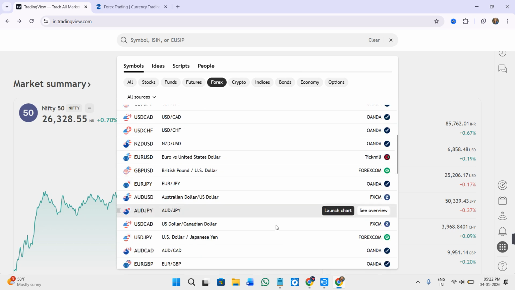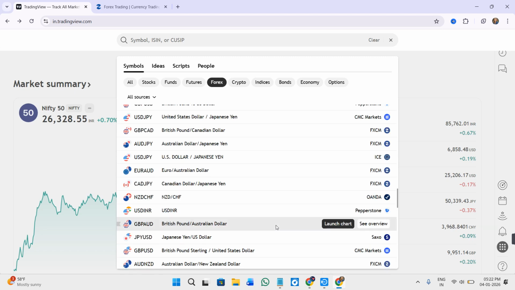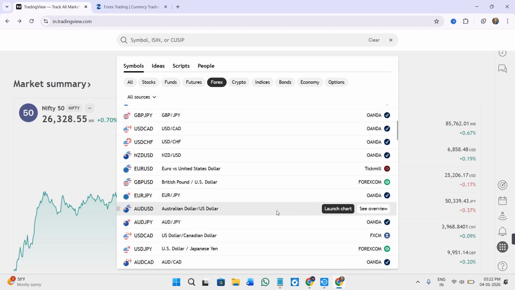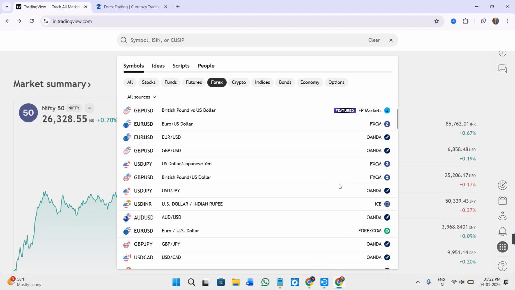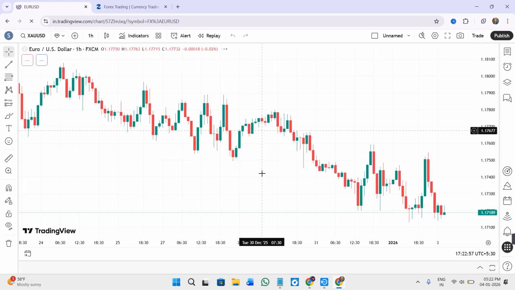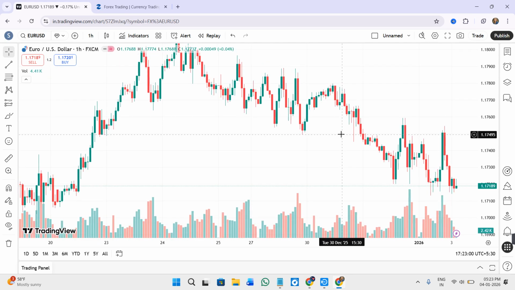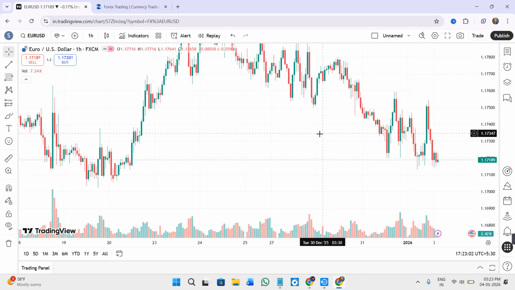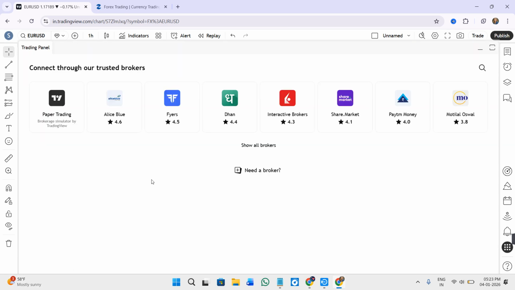It is going to show you all of the list of those pairs which you can basically launch here in TradingView. So as you can see, we have FXCM chart and this is the chart of Euro USD. So click on the option of launch chart in front of you. Now, once the chart is launched in front of you, simply click on the option of trading panel in the